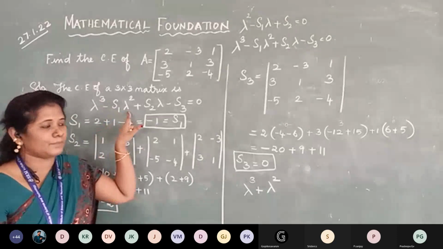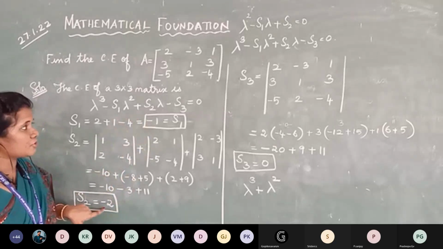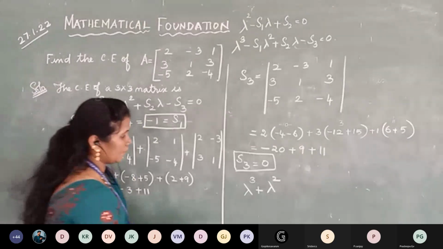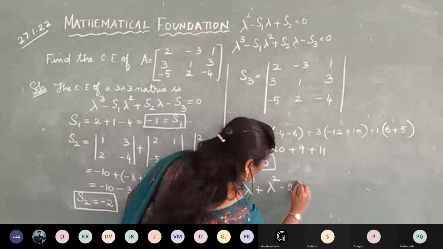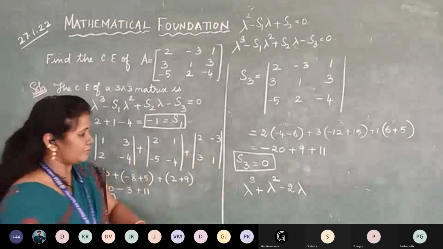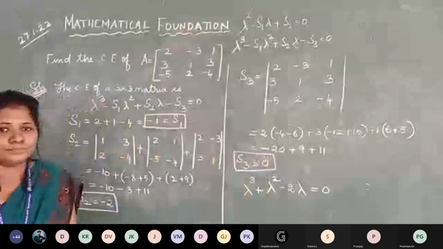So it becomes plus lambda square because it is only 1. Then your S2 is minus 2. So here it is positive, so here it is minus. So it will become minus 2 lambda. And then your S3 is 0. That's all. So this is equal to